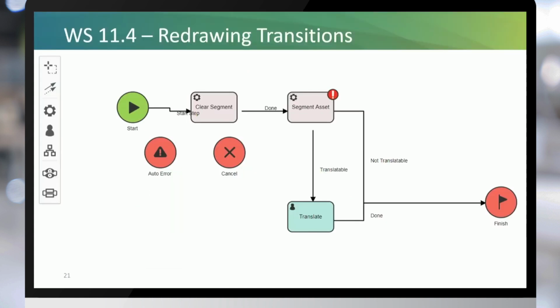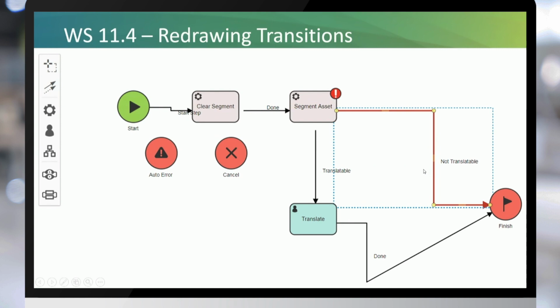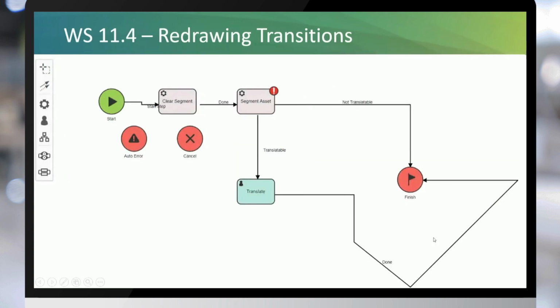So the transitions have changed as well. So here you'll see it's kind of collapsed into a single line. I have the flexibility. I can now drag this bar, for example, and move them around. I can, at will, add additional endpoints here, or midpoints, whatever you want to call them. As you can see here, I've made a funky angle, and you can go a little bit crazy with those things. You don't need to, but you have a lot of flexibility there if you feel the need to redraw